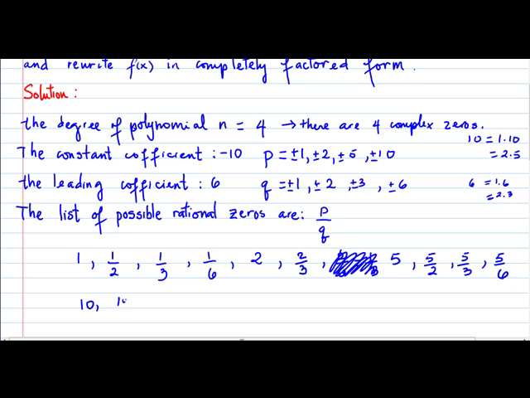So 10 over 3, and then 10 over 6. 10 over 6 can simplify as 5 over 3, but this is the same as this one, so I just erase this. So I have 1, 2, 3, 4, 5, 6, 7, 8, 9, 10, 12